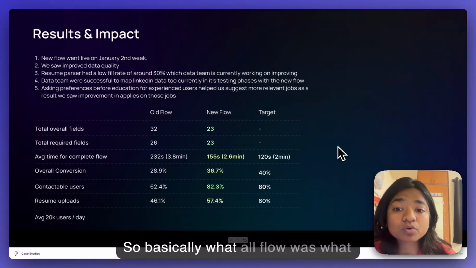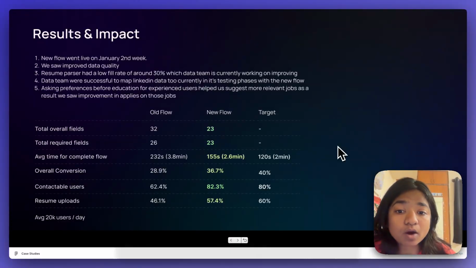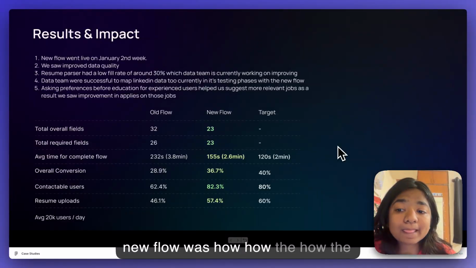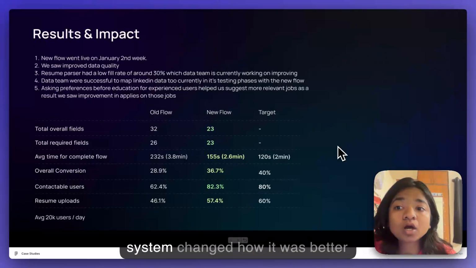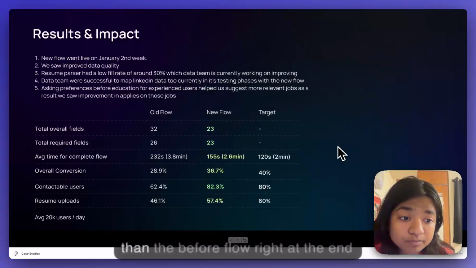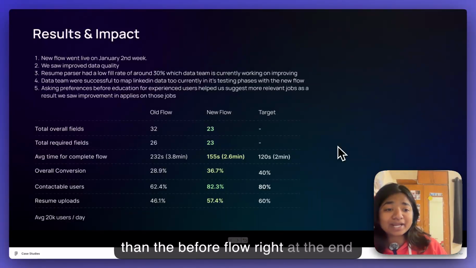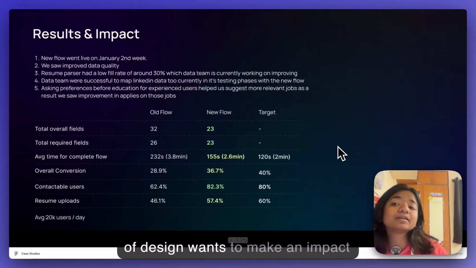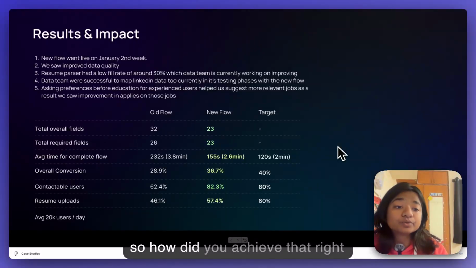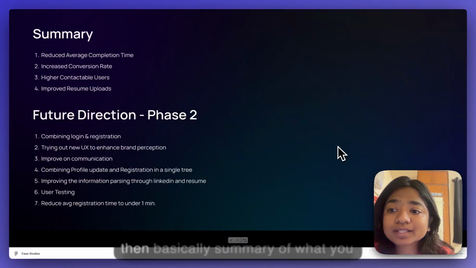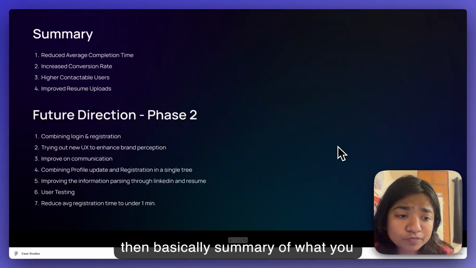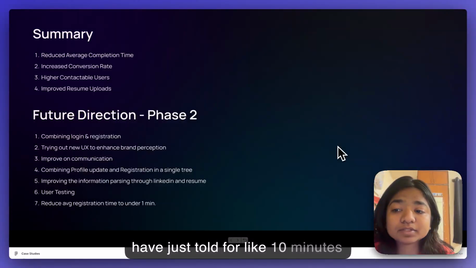So basically, what the old flow was, what the new flow was, how the system changed, how it was better than the before flow. Right, at the end, our design wants to make an impact. So how did you achieve that, right? Then basically a summary of what you have just told for like 10 minutes,